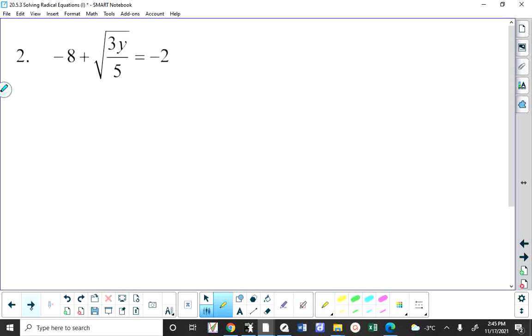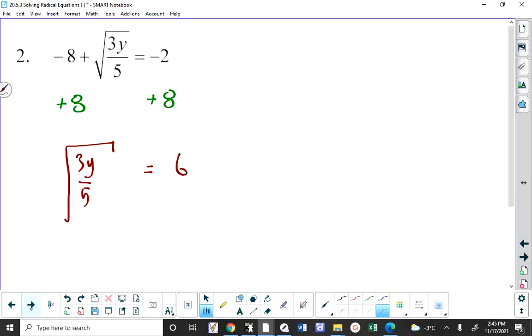Negative 8 plus root of 3y over 5 is equal to negative 2. So what we're going to do is isolate the radical. I would recommend adding 8 to both sides here. And that gets us to the stage where we have the square root of 3y over 5 is equal to 6. When I square both sides,